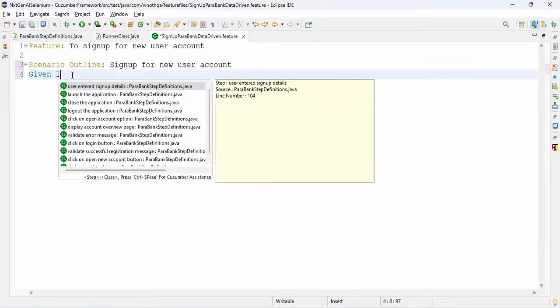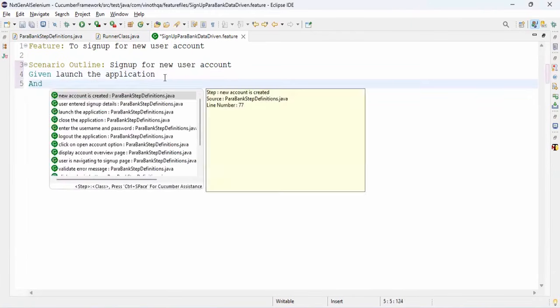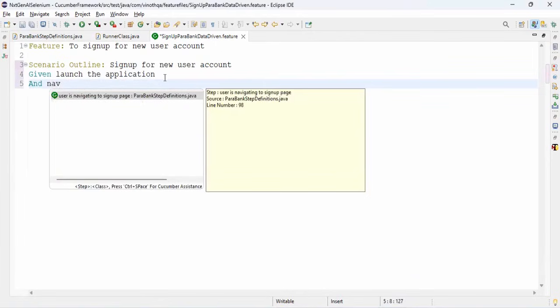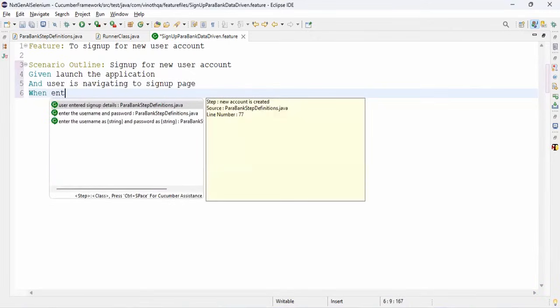Given launch the application, and navigate to sign up page. Code is already there. After that, when enter username and password. This is a different one. So I will do enter